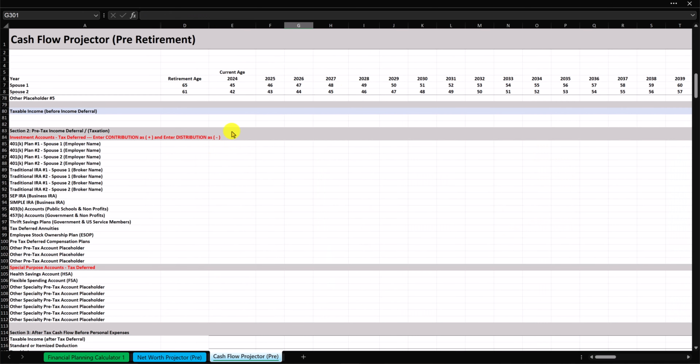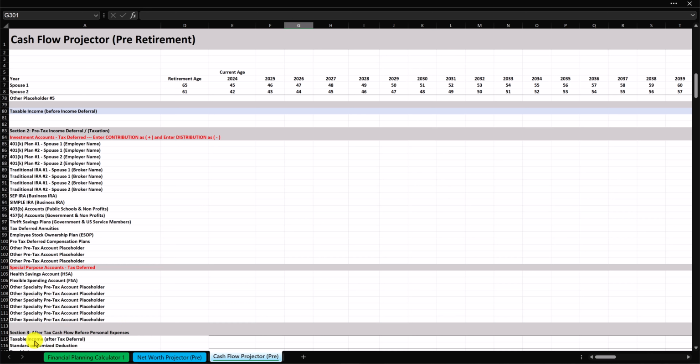Alternatively, when we have a distribution from this kind of an account, that distribution also needs to go up here in the section before we calculate our tax, because as you know, and as we've mentioned several times already, distributions from these types of accounts will be taxable items, so they'll have to be listed here in order to be taxed. Now that's going to be slightly different down here in our special purpose accounts that are tax deferred, such as our HSA accounts. Contributions to HSAs, which are tax deductible, will go in this section right here prior to